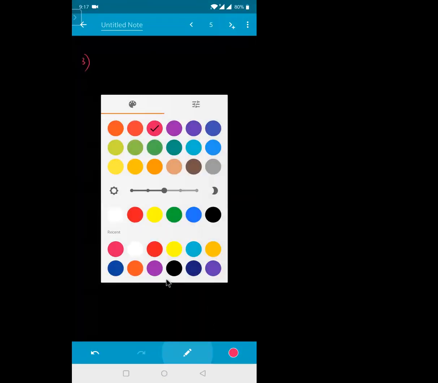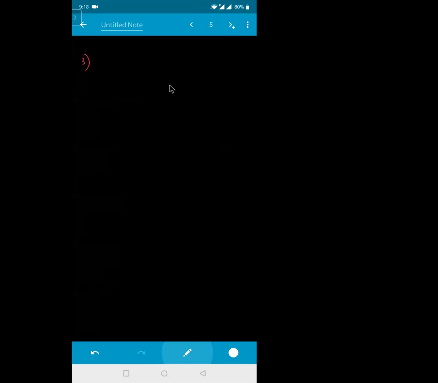Question number 3. See the angle between A bar and B bar. This is your A bar and this one is your B bar. Say, for example, this is A bar and this is B bar. The angle between them is how much? 60 degrees. Now, the angle between A bar and B bar is 60 degrees. Then the angle between A bar and minus B bar is how much?